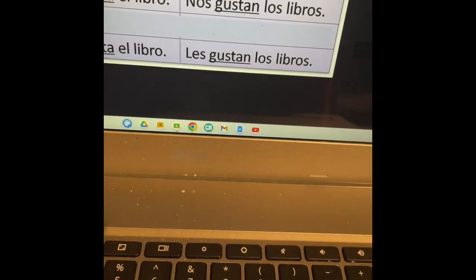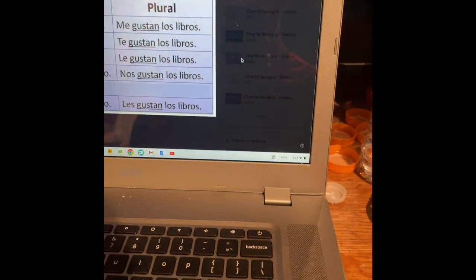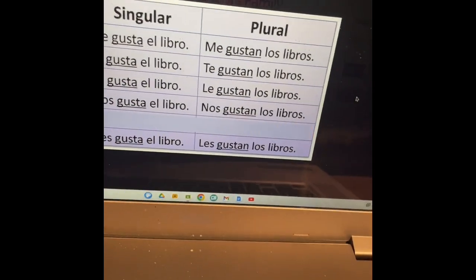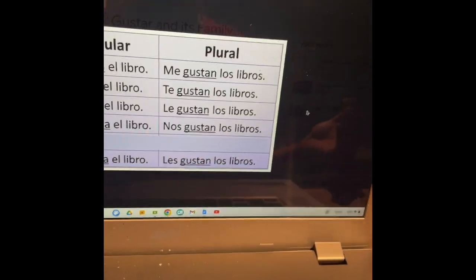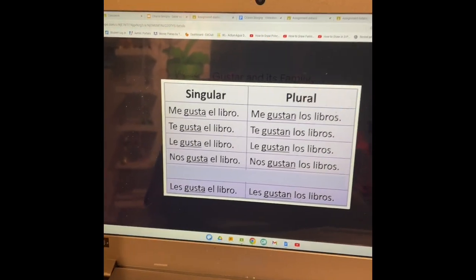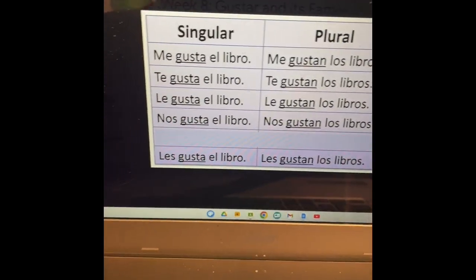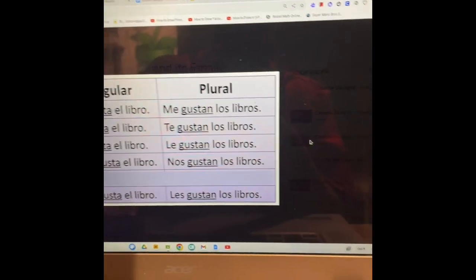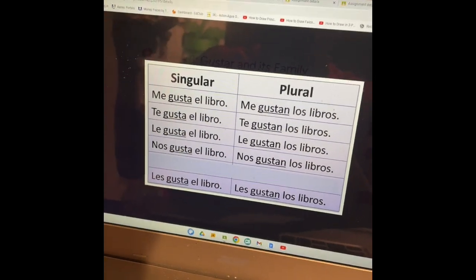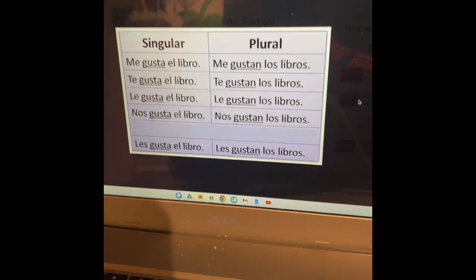So if I were to say, nos gustan dormir, we like to sleep. That may sound right? Wrong. You're probably wondering, Charlie, how is it wrong? It's plural. Nos gustan dormir. How is that wrong? Well, I'm about to tell you something that will literally blow your mind in case you didn't know this. If the verb gustar comes before a different verb, like that example I just gave you,